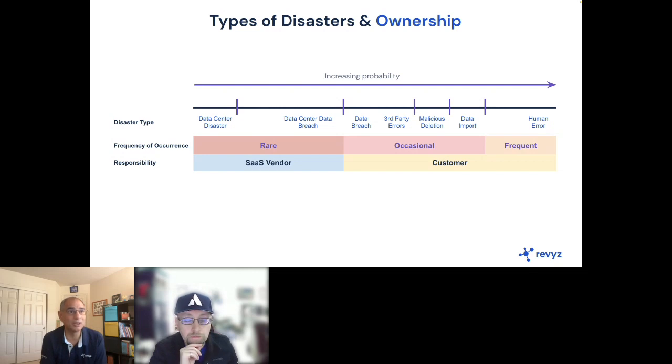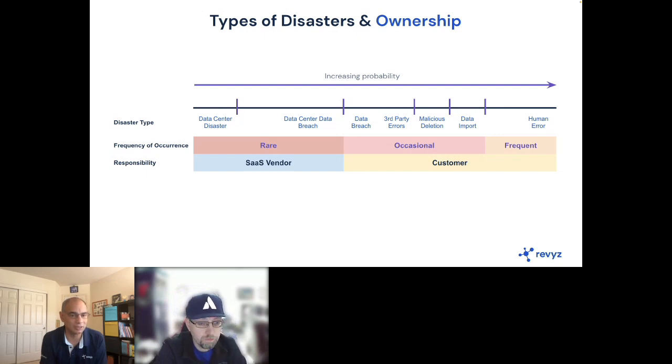Data imports could also sometimes cause loss of data because you might be overwriting something. Obviously, malicious deletions occur much less frequently, but they do occur, and those are some of the things you need to take into consideration as you think about your data protection